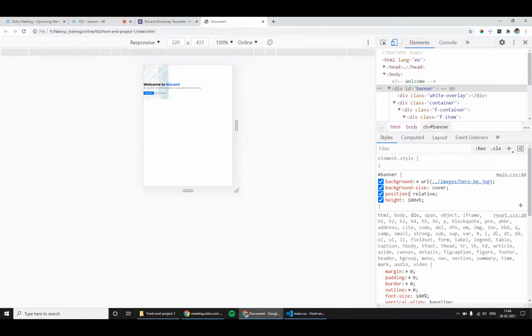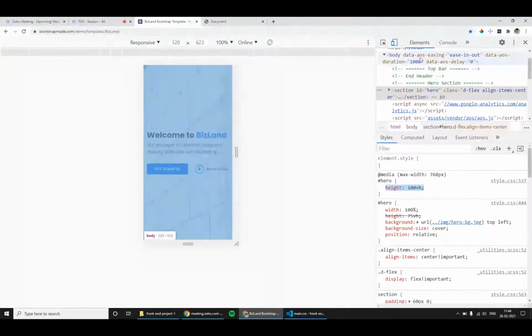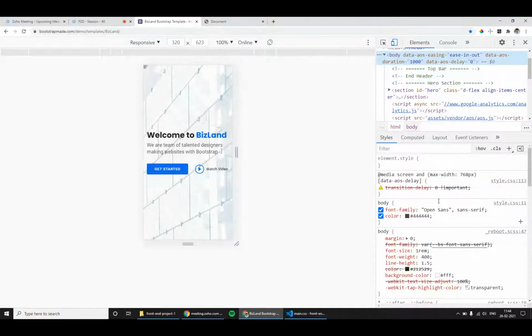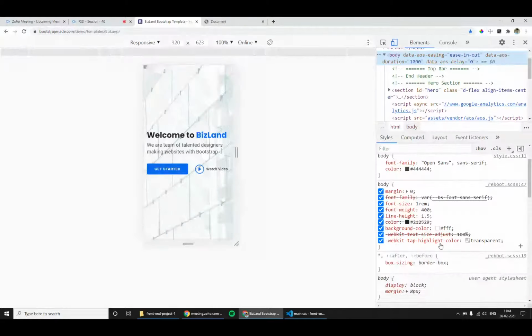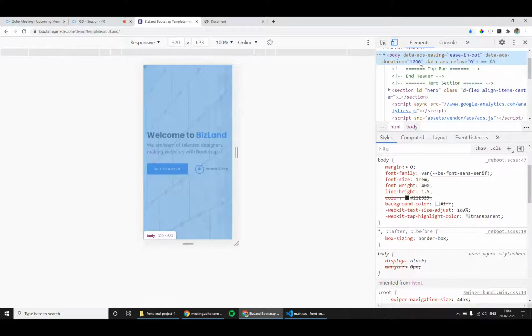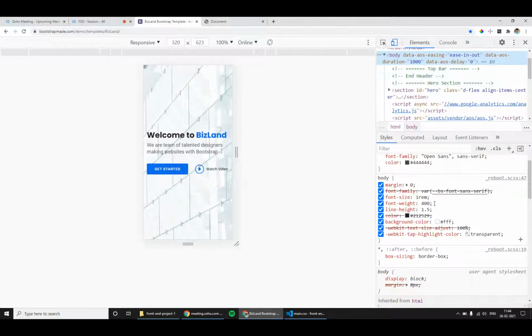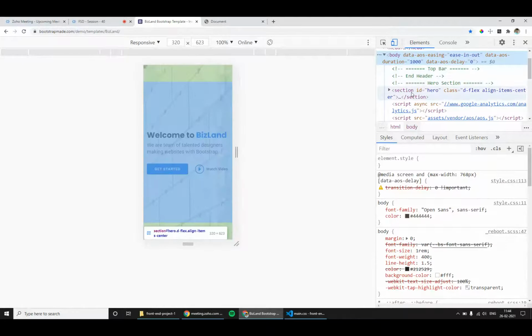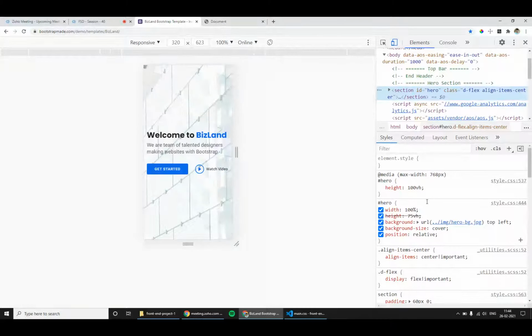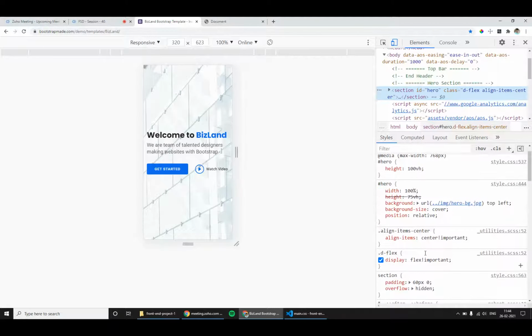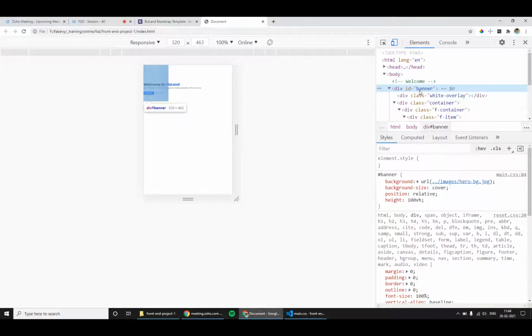Even with VH applied, it has not taken effect. The reason is for the body tag it has some other problem like this container.